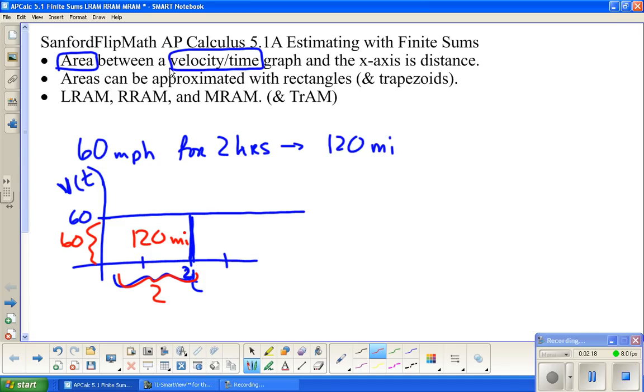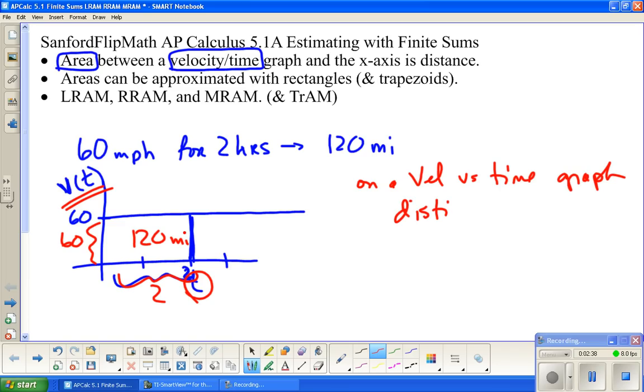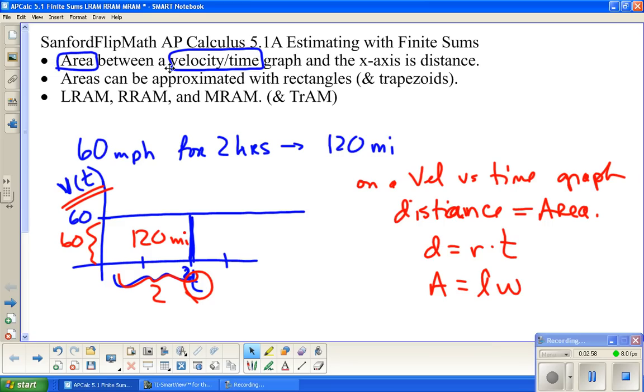But the idea here is that if I'm looking at a velocity graph versus time, then distance, so I should probably write this, on a velocity versus time graph, distance, I dotted my A, sorry, is area. And really it's because it's that whole idea of distance equals rate times time. If we're talking about a rectangle, area equals length times width. So there's a connection there. Don't spend your life on it, but